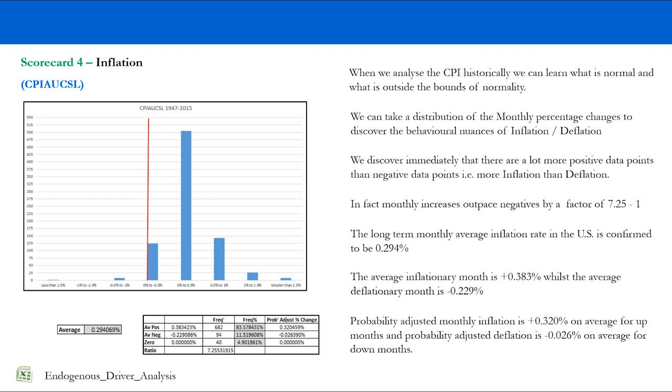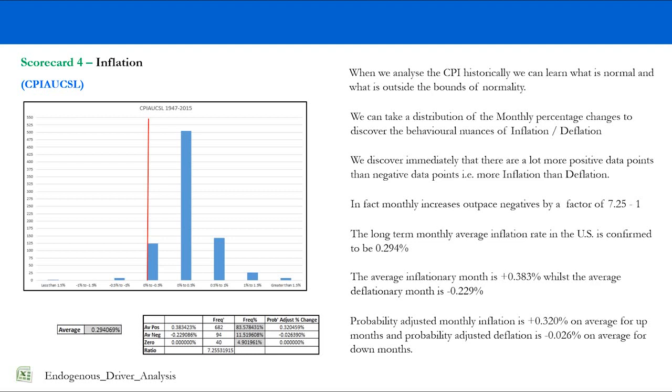The long-term monthly average rate of inflation in the US is confirmed to be 0.294%, whilst the average inflationary month, when we have a positive month, is 0.383%, and the average deflationary month in the CPI is 0.229%. When we probability adjust the up and down moves across the frequencies, the probability adjusted monthly inflation number is